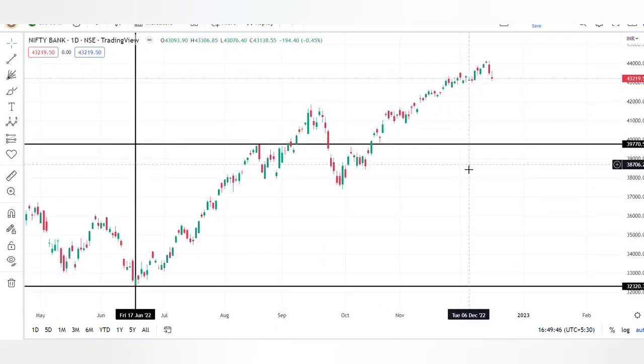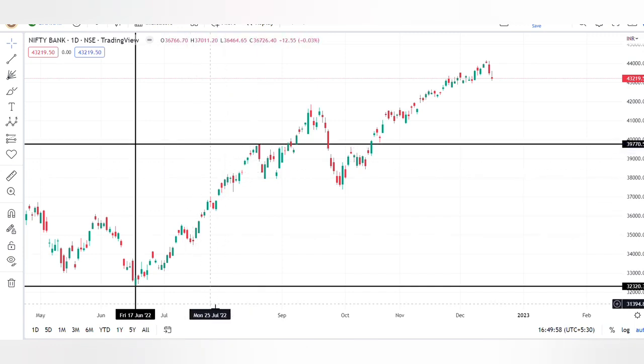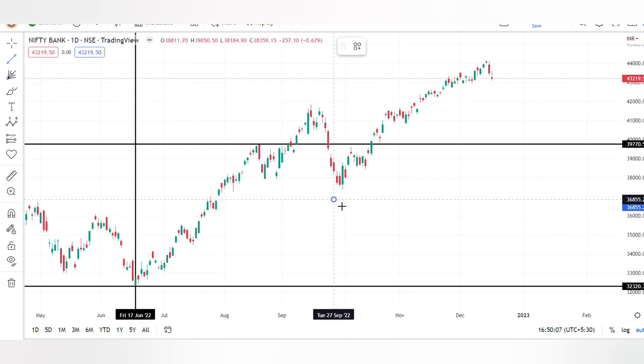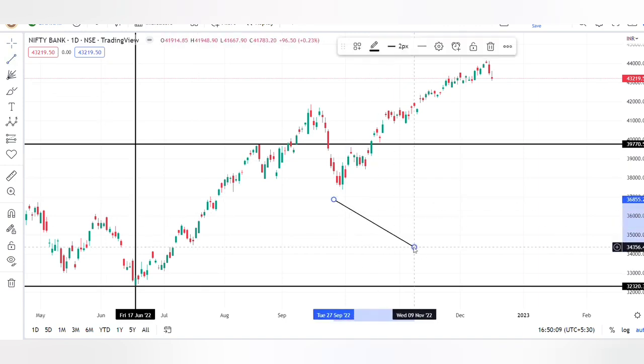So we have selected the chart of Bank Nifty. We will first choose the significant low point and significant high point. Then we'll draw two horizontal lines, one at the significant high point, another at the significant low point. Then we'll draw a vertical line connecting our two horizontal lines. Now, from the basics of mathematics, we know that a line consists of 2 points. To find the slope of the line, we need at least 2 points and we need the x and y coordinates of the 2 points.